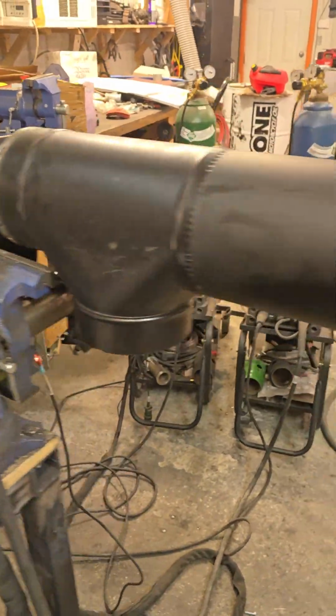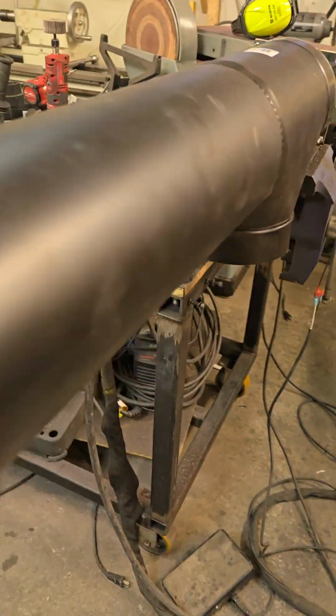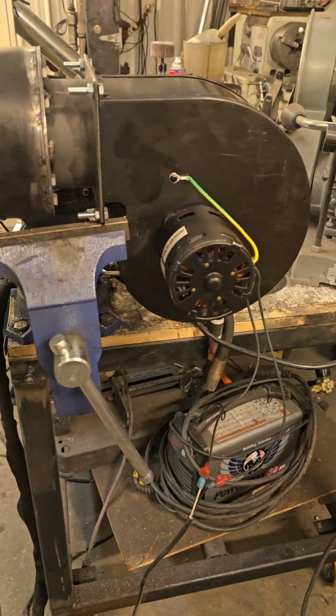So I'm going to try that. I'm pretty convinced it's going to work very well. I'm going to show you, I have another blower on my other furnace over there, the big one, and the chute's going through it, but it's been a week now. I didn't check inside, but it must be all clogged up in the fan. The draft is excellent, but I'm going to do the Venturi type with a T